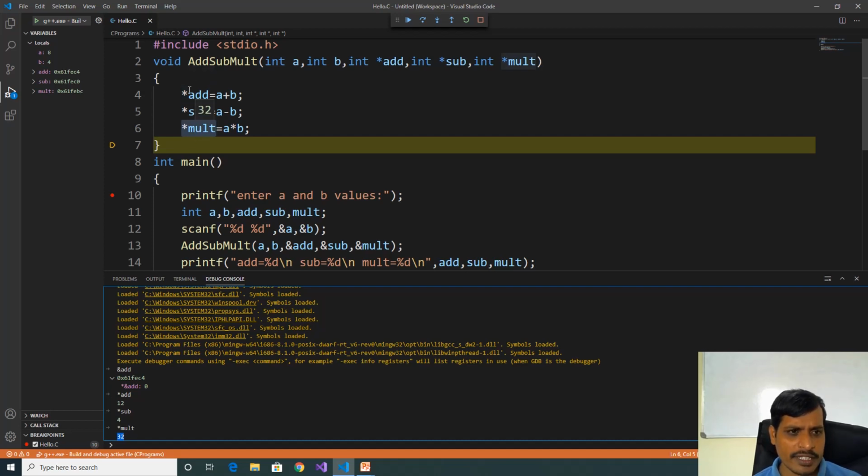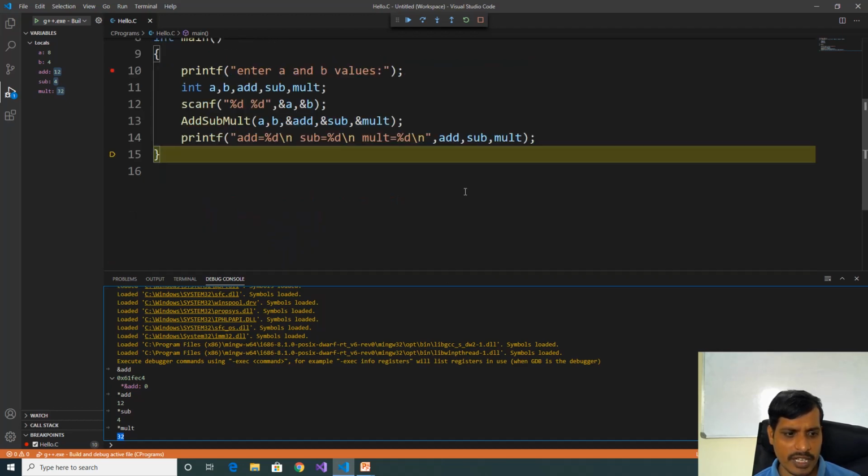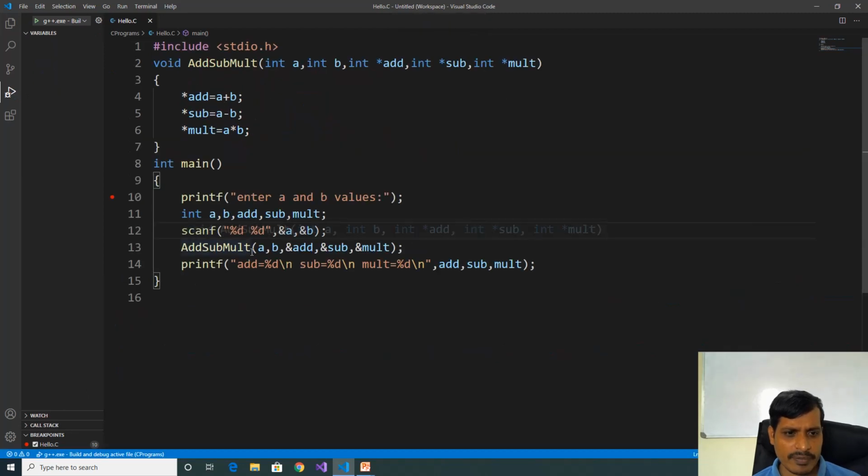Now we need to get these values in the calling function. F11, here add 12, subtraction 4, multiplication 32. F11, here we have output like add is equal to 12, sub is equal to 4, multi is equal to 32. What is happening here? We are passing two integer variables and three addresses to this function.